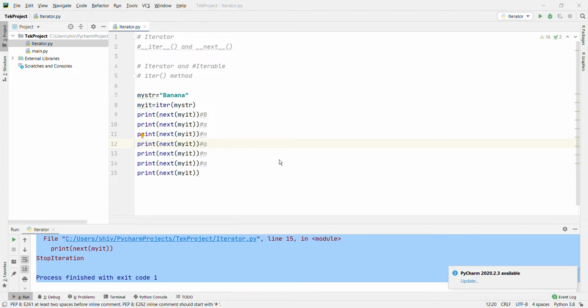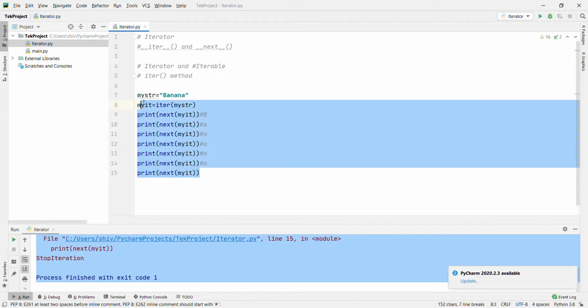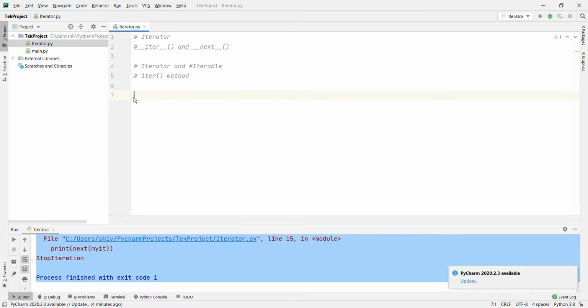Now we are going to show you looping through an iterator. We can also use a for loop to iterate through an iterable object. Let's go with the example. Let's remove this one. Create the tuple, mytuple: apple, banana and cherry.